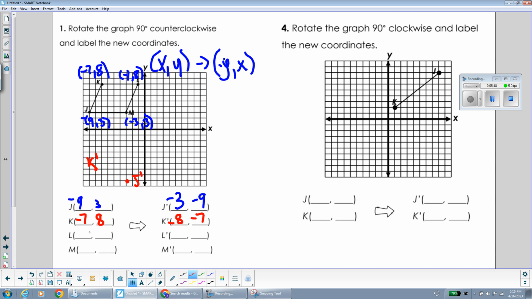Okay, L was -1, 8. So when we switch the order and the original y coordinate changes sign, we have -1, 2, 3, 4, 5, 6, 7, 8, -1. So that would be L prime. And then the point M was -3, 3. So that switches the order and the original y coordinate changes sign. 1, 2, 3, 1, 2, 3. And if I connect this together,